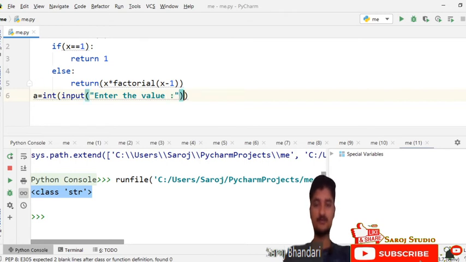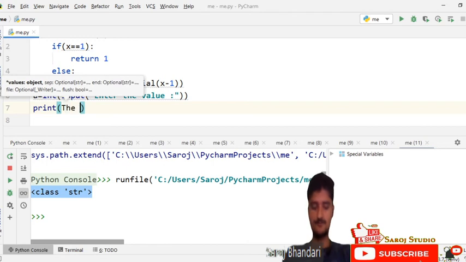Enter the value. We are getting the value from the user over here. It must be of integer type, and then we are just calling and printing our value as the function. Print the factorial of